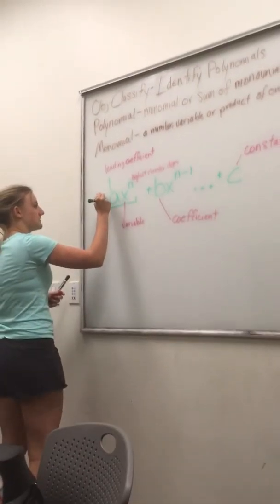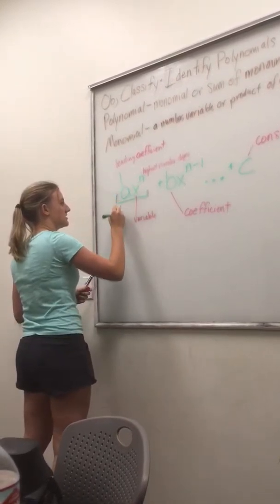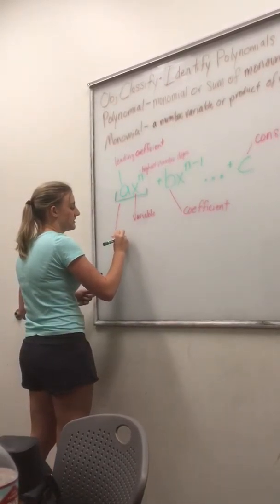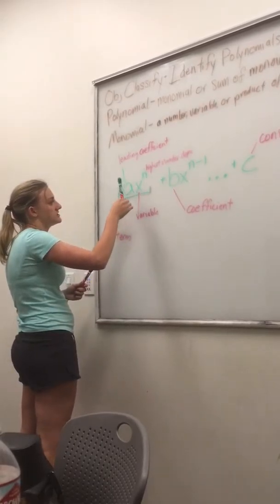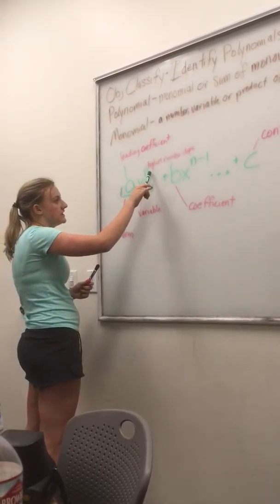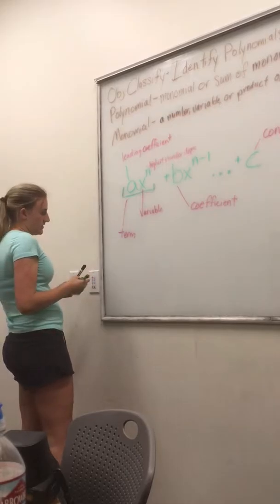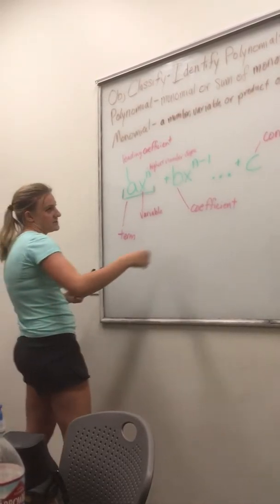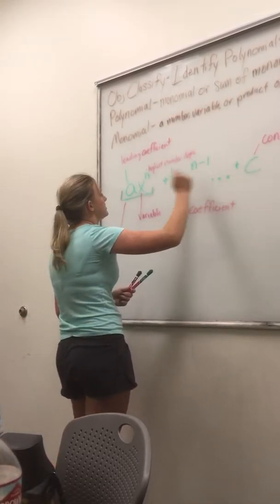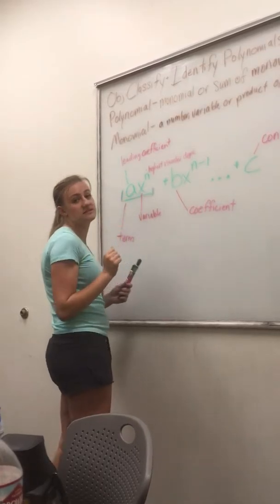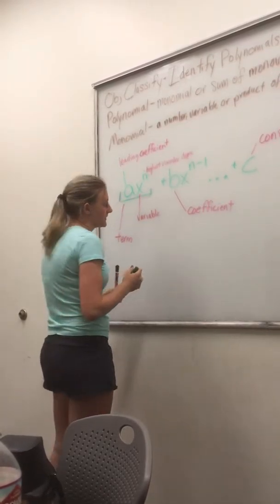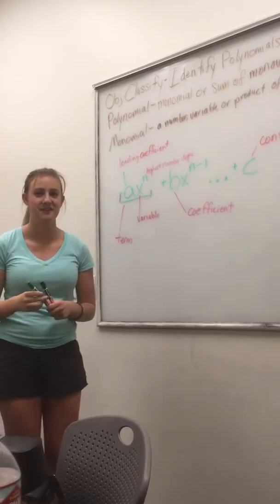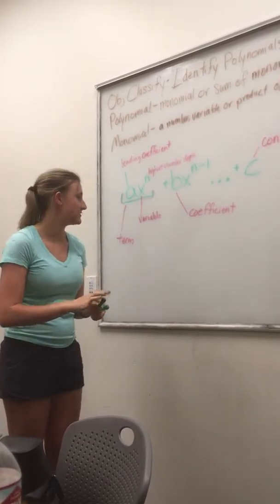And that's what this is right here, this is a term. It's the coefficient with the variable and the exponent. And a constant is technically a term as well, it's just the variable is to the 0 power. So if there was an equation